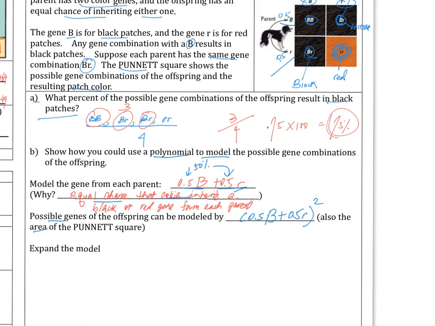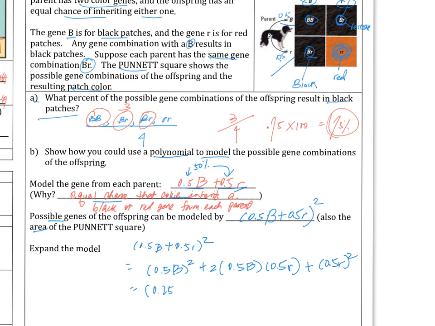So now we're going to expand the model. Okay, so then you get 0.25 b squared plus, we can cancel this out, and this would be 0.5 br